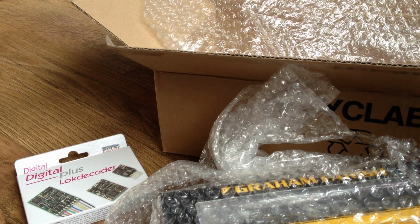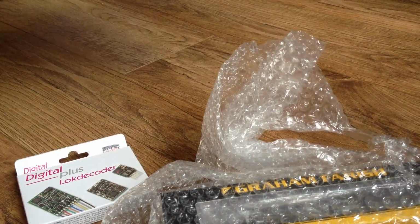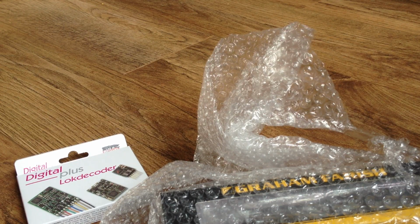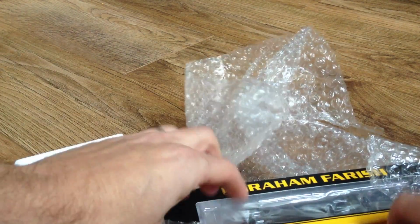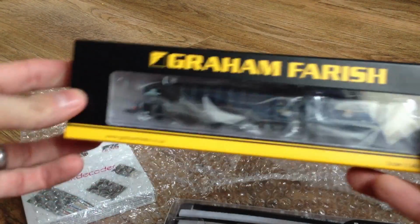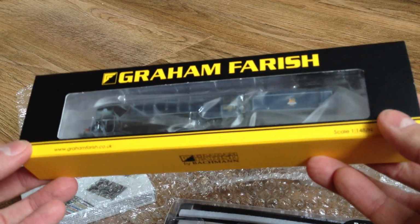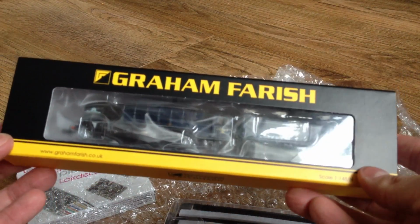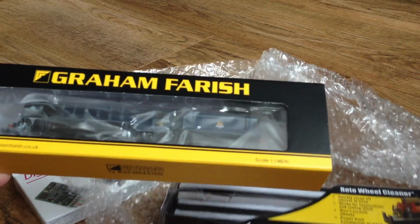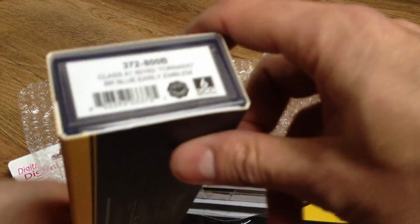and I'm sure you've already seen it from the title, but it's not a little obscure, quirky little loco. It's a big, obvious, but very, very beautiful Tornado, of course. You can't really see much of it there because it's all under plastic sheeting, but we'll soon change that. So yes, it's the Graham Farish model of the A1 Tornado